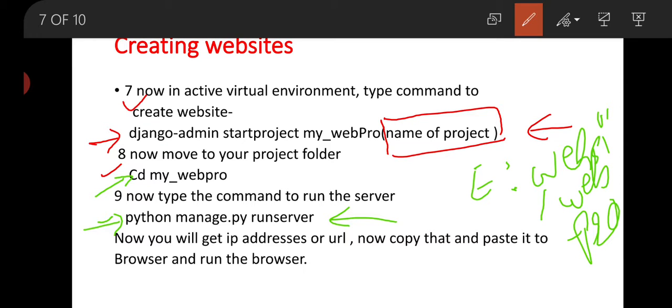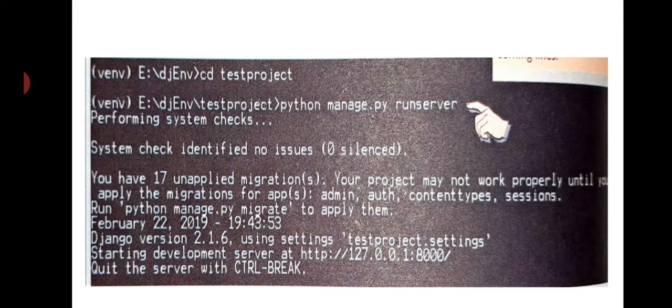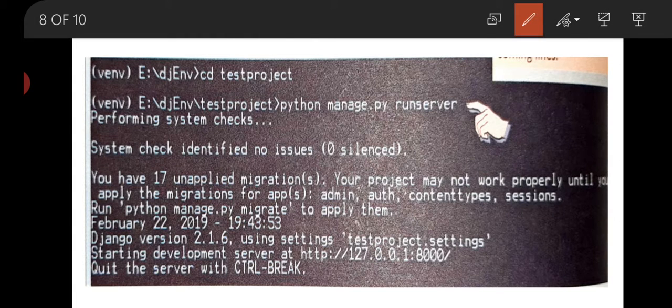First of all you can see that we have moved to our cd test project. Here we have moved to our web pro, the folder name web pro.